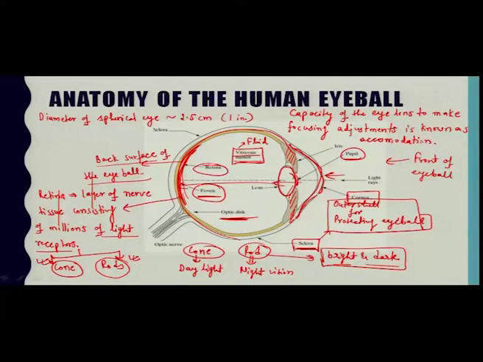I have written a lot of things in it, but it can easily be seen that the retina consists of two regions, fovea and optic disc. Much of the image is focused on the fovea region of the retina, and the fovea has a high concentration of cones and is therefore the region of greatest visual sharpness